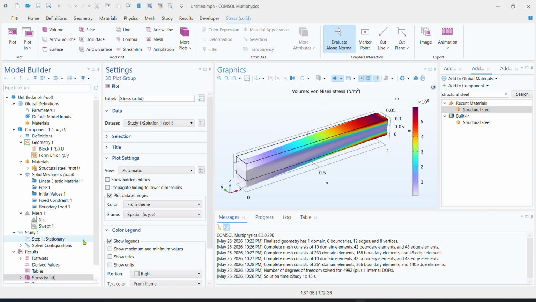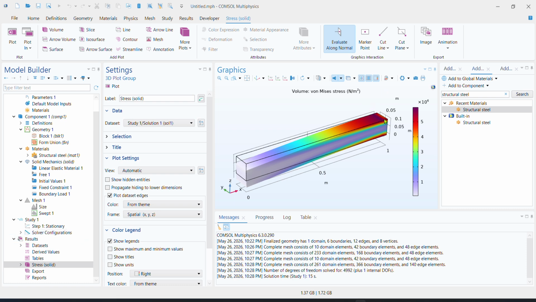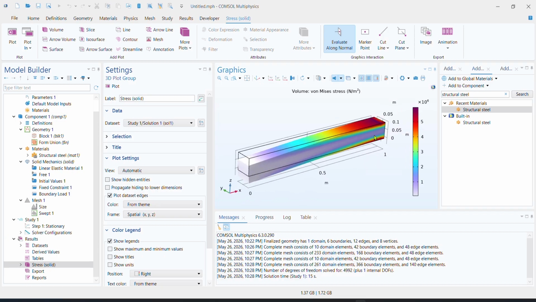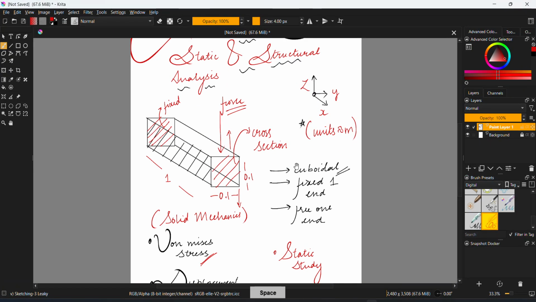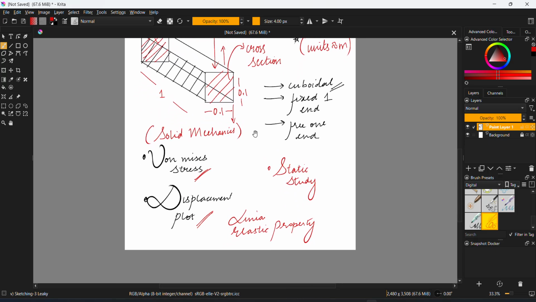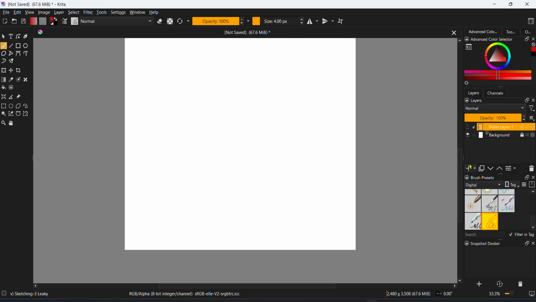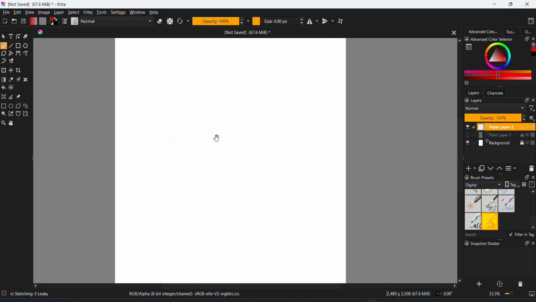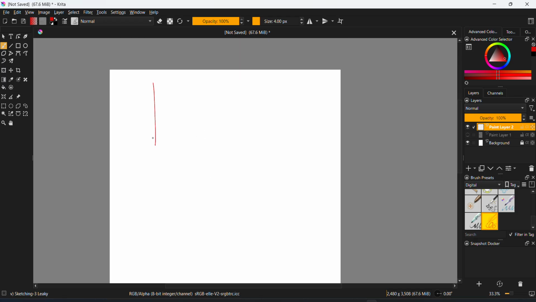Yeah, so you have the 3D plot right off the bat. You see the stress is concentrated where the cantilever is fixed, and the stress gradually or linearly decreases to the free point. We will do both these graphs. When I am going to plot them, I want you to expect how these graphs are going to look. For the von Mises stress graph, when I do the 2D plot, from the fixed end to the free end,